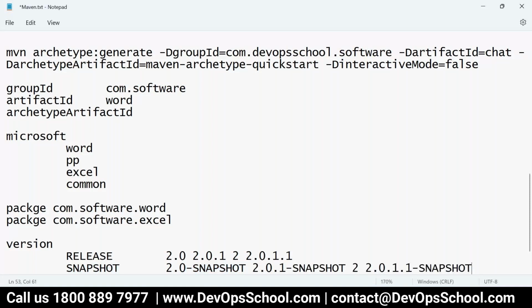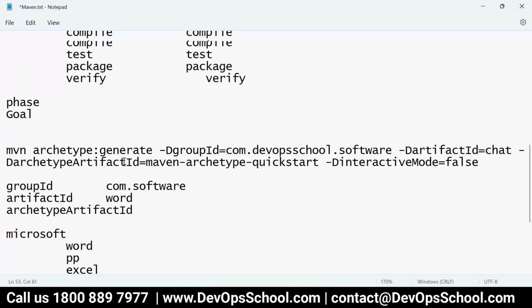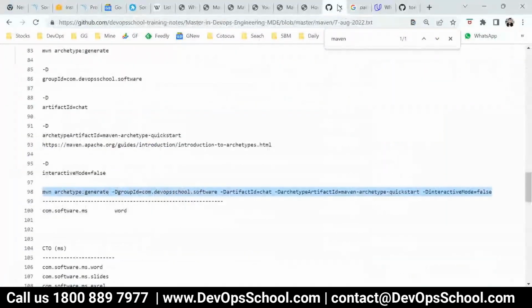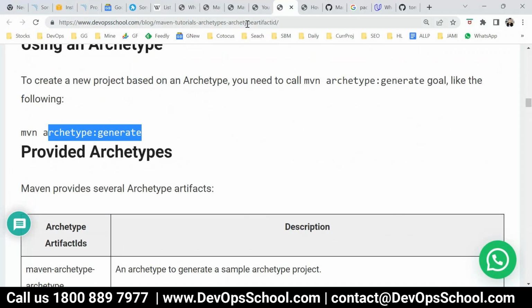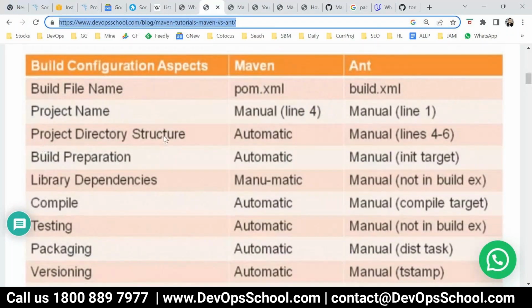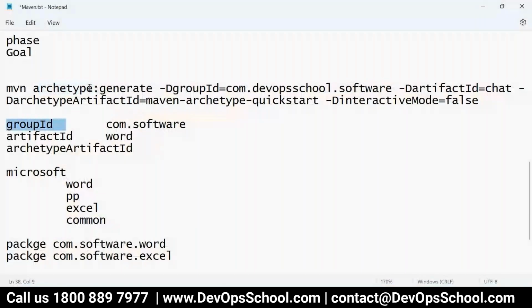Okay, now a few questions we answered. How do you create a directory structure? Look at the third step, project directory structure. There is a plugin for it and there is a goal for it. While creating a directory structure, it needs group ID, artifact ID, version and all, so I'm passing them here. What is my group ID? devopsschool.software. What is my artifact ID? I'll make it